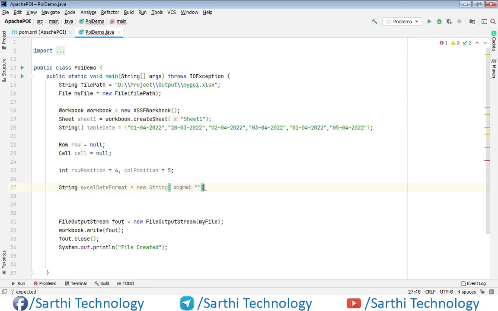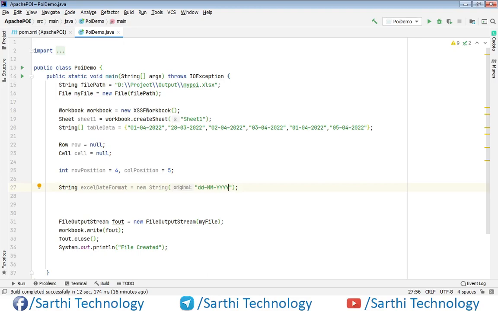And here you can just put the date format. So in our example we will use dd, mm, and yy. Okay, so first thing we need to create one string object.